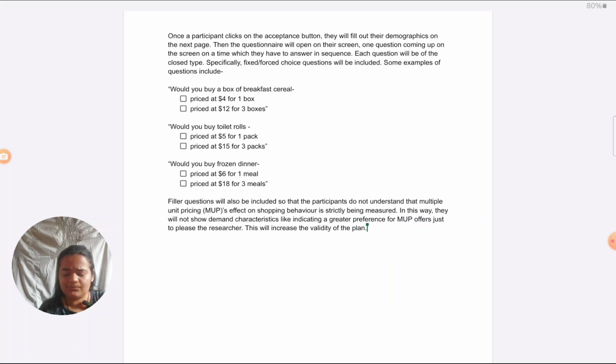Also, I need to mention the filler questions will be randomly interspersed between other questions. We can't have all the filler questions together and all the target questions together. Again, it makes it obvious to the participants what the study is about. So definitely they should be randomly put in between. And then I can say some examples of filler questions. Definitely give examples of filler questions if you're including them in a questionnaire. It helps to better understand what nature of questions you're using.